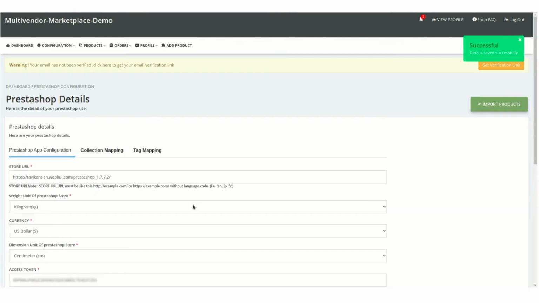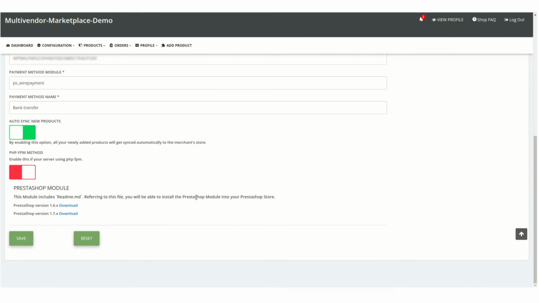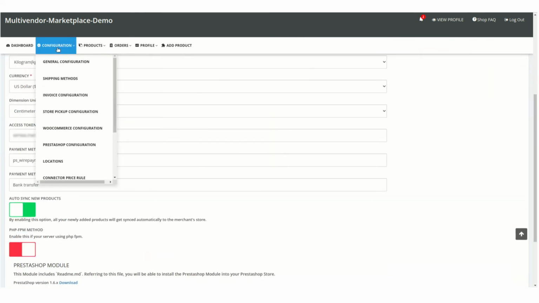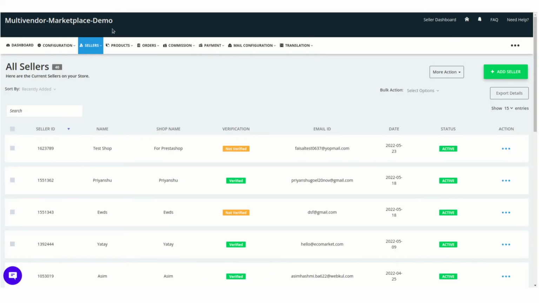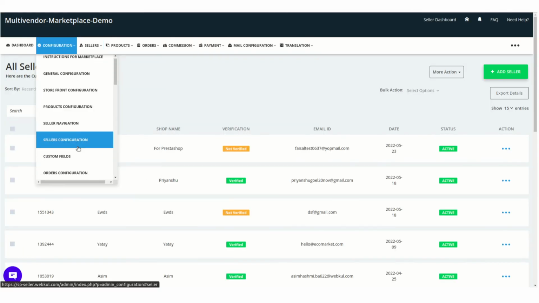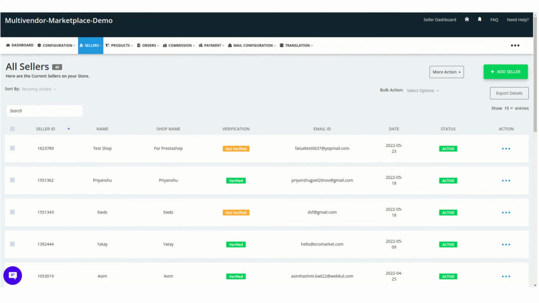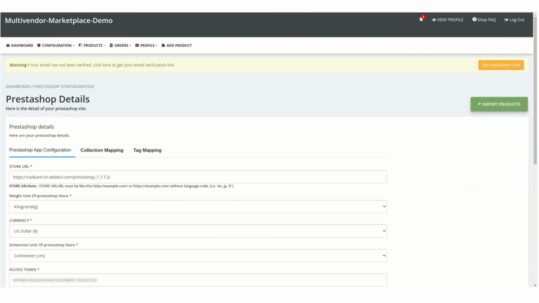to connect your PrestaShop store with your Shopify store as you can see over here. So once it's been done, you can also check the PrestaShop configurations or the PrestaShop in admin panel as well, where you can manage So once you save these settings, you would be able to import products from your PrestaShop store into your Shopify